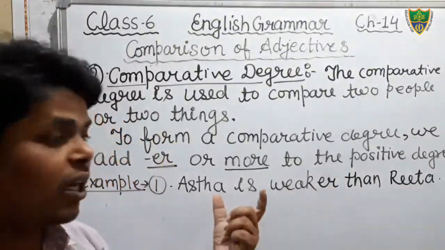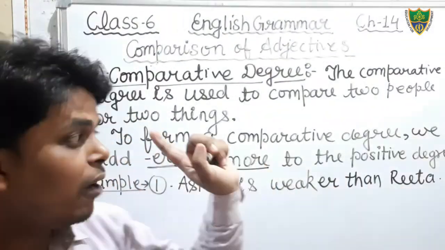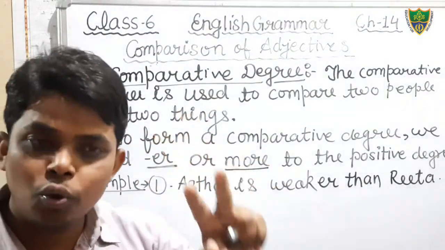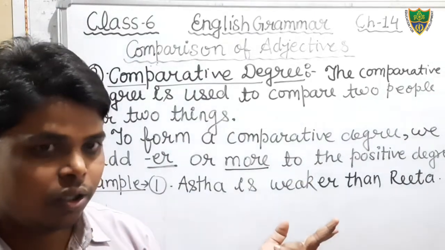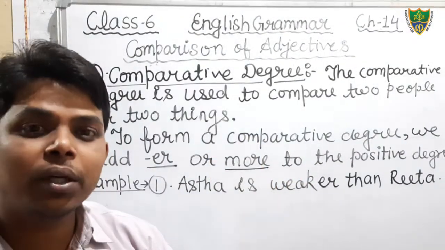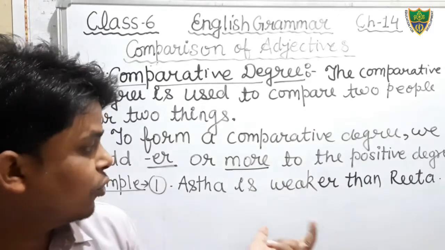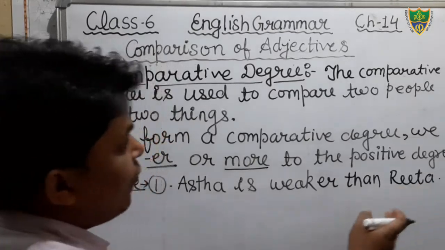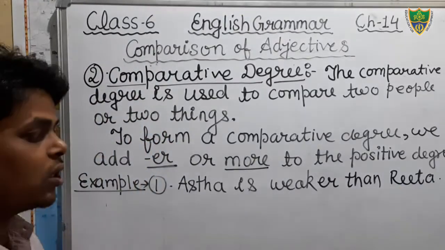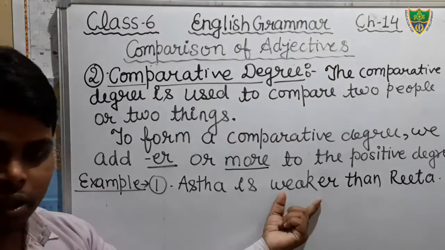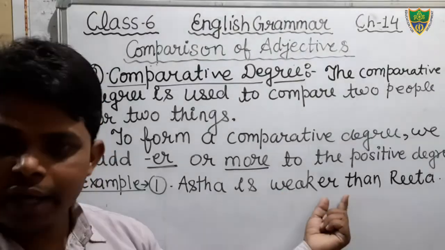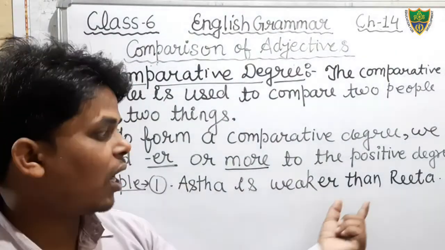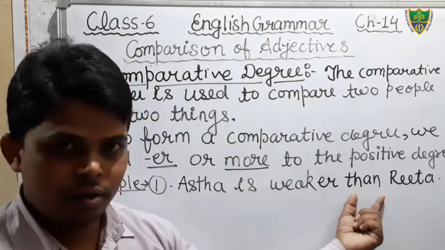Here in this sentence we are comparing two people. As I have already told you in the definition, in the comparative degree we compare two persons or two things. In this degree there are two persons or two things involved. So in this sentence we can see there are two persons, Astha and Rita, and we are comparing these two girls. And in the positive degree I have added the word ER for making comparison, and I have also used than.